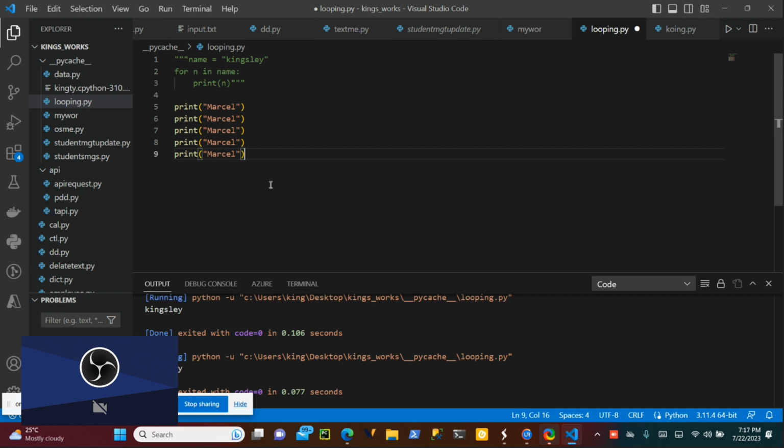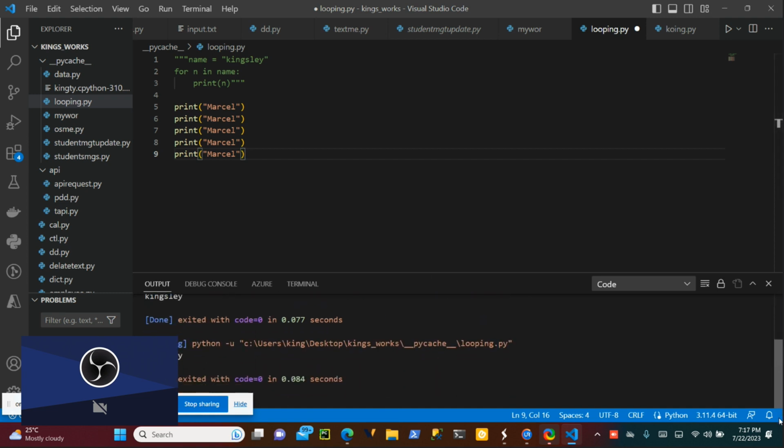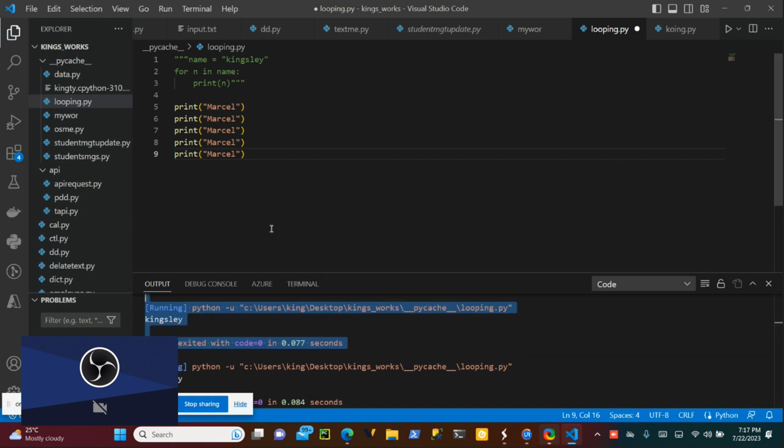So now once you run this code, it's going to print the name Marcel 5 times. That's how it's going to do. Let's see.